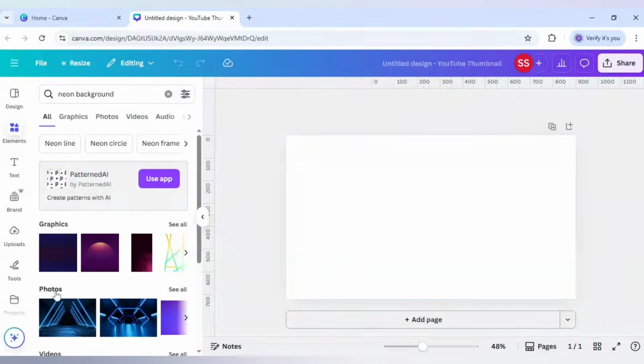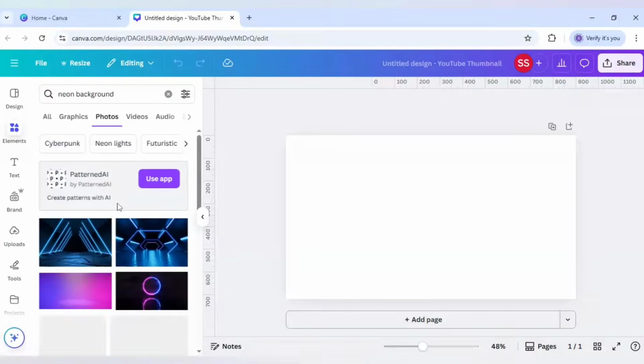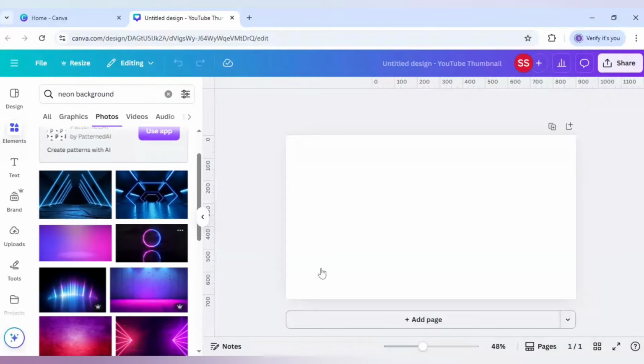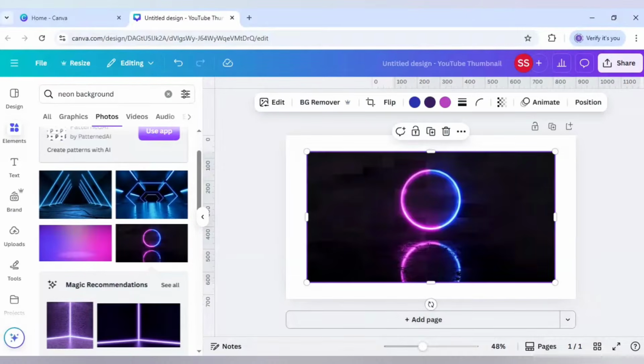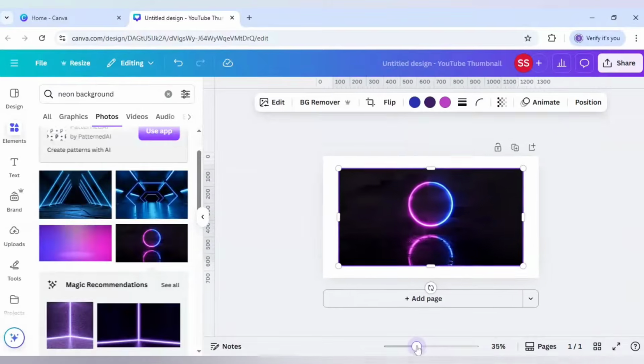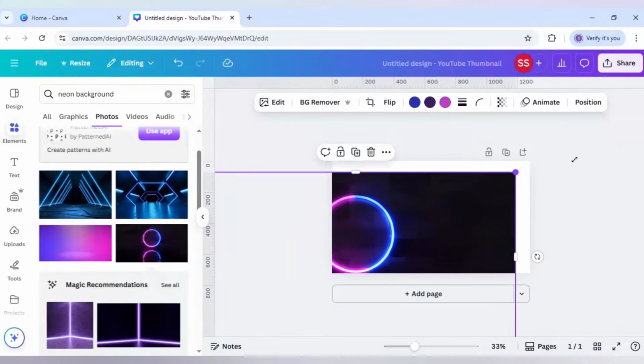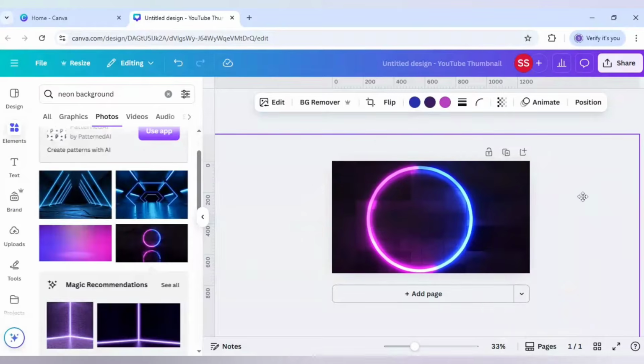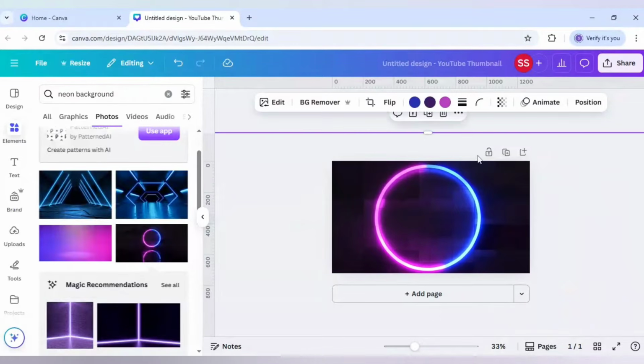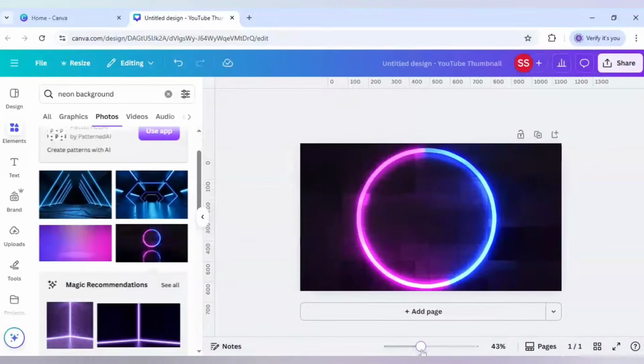Okay, and I will go to photos and click on see all, and I will use this image. Okay, and just unzoom the canvas so that I can just adjust the image. Okay, like this. And after that,